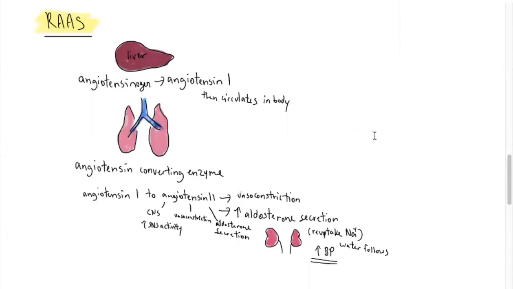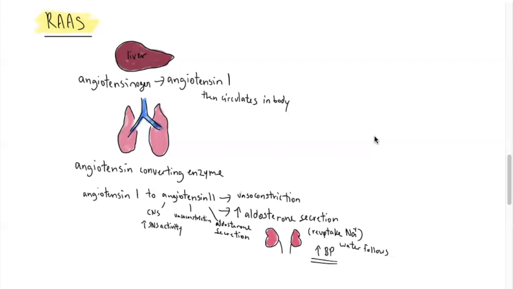To understand the pharmacology behind some of these hypertensive medications, it's important to understand the RAAS system. When the heart is failing, there's not enough blood going to the kidneys, and the kidneys send renin to stimulate the liver to produce angiotensinogen, because basically the RAAS wants to increase the blood pressure by vasoconstricting. So first renin is released by the kidneys, and then the liver